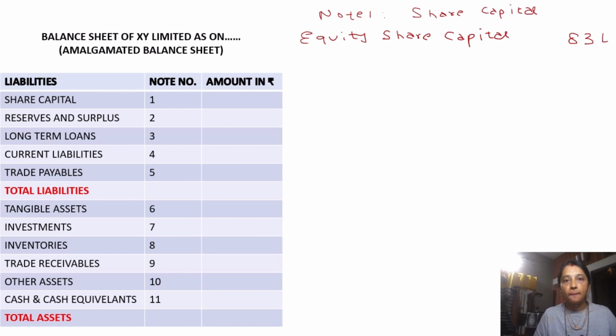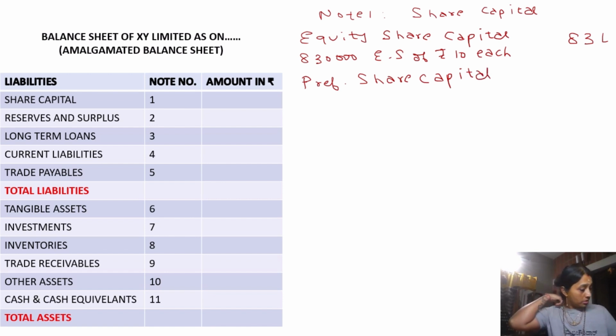So it will be 8 lakh 30,000 equity shares of rupees 10 each. So this will be equity share capital. Similarly, preference share capital. Preference share capital will be